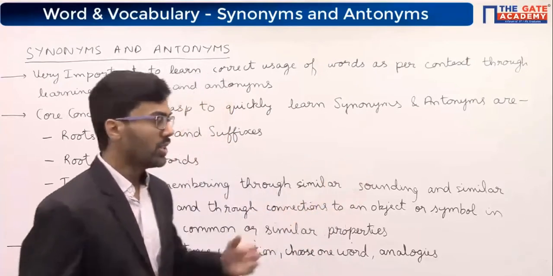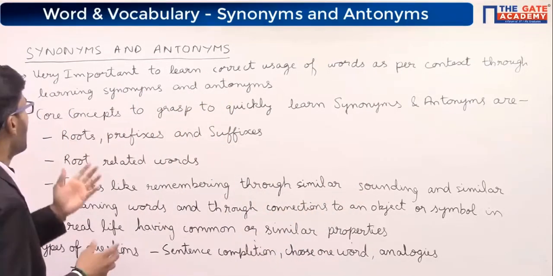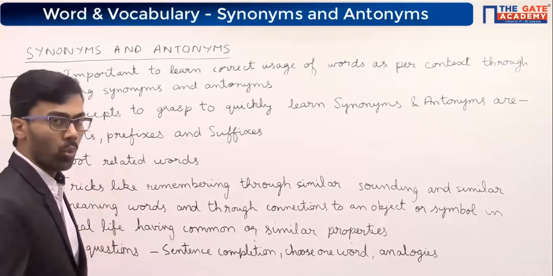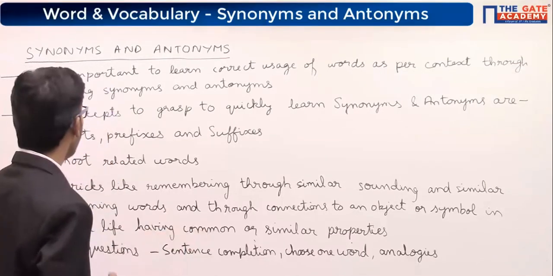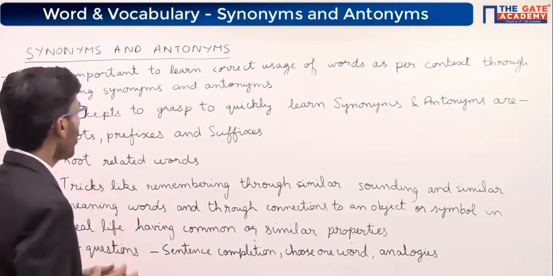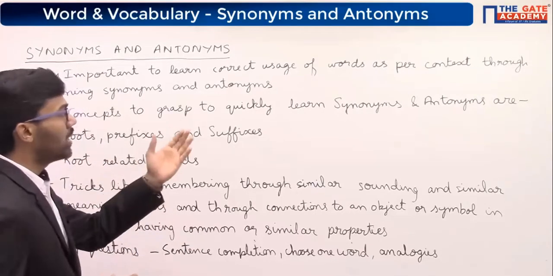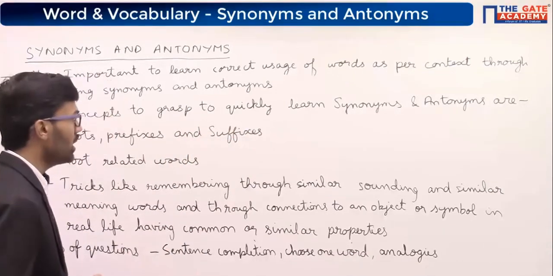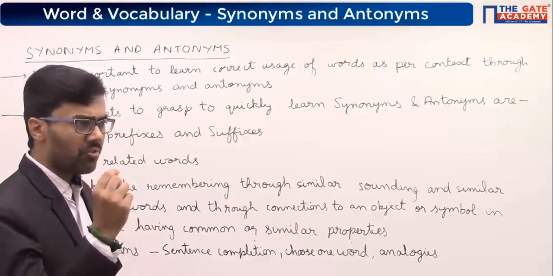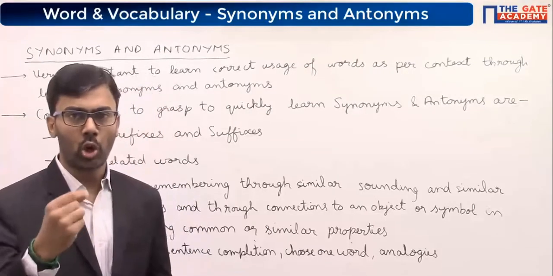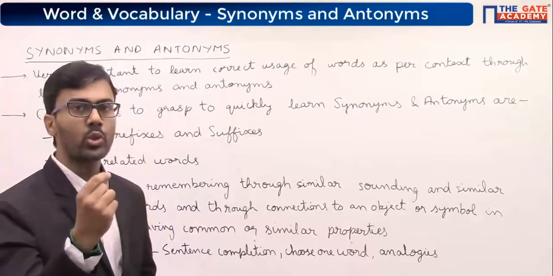So as you can see here, synonyms and antonyms are very important to learn correct usage of words as per context through learning synonyms and antonyms. Core concepts to grasp to quickly learn synonyms and antonyms are, as I had just mentioned, some very basic concepts, or you can say some basic tricks or shortcuts and concepts that you need to learn,